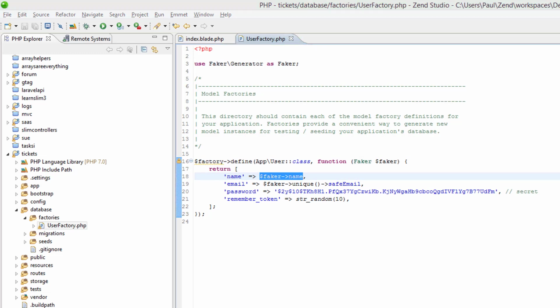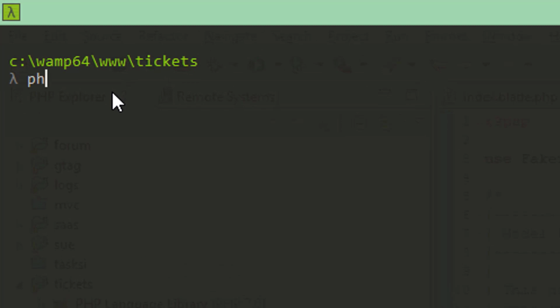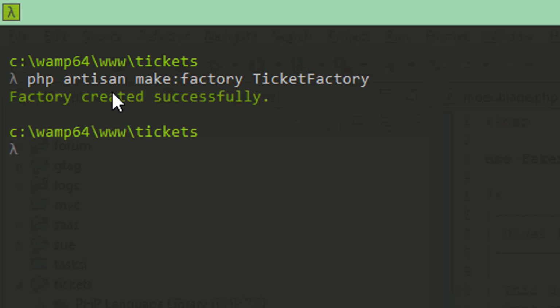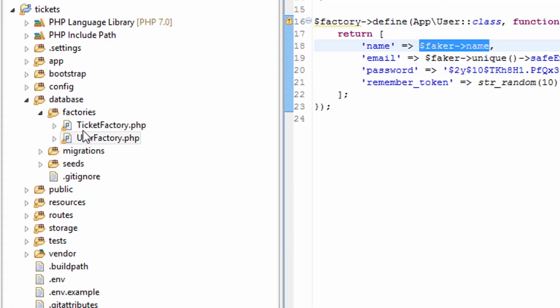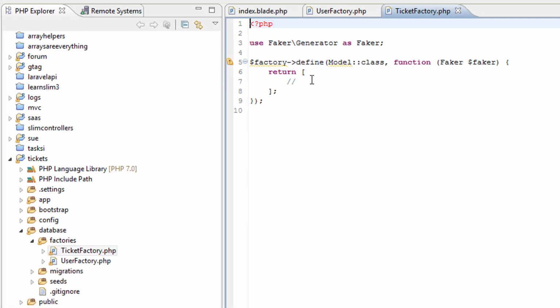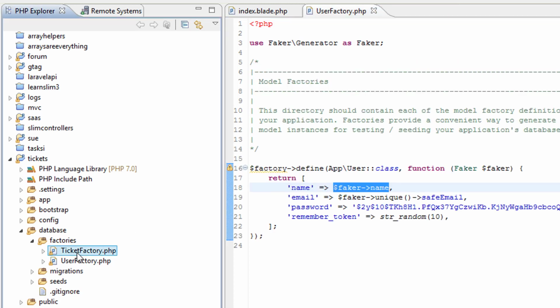We can use the command line to generate a factory like this. And we need ticket data, so I'll call it a ticket factory. And if we go back to the project, we can see ticket factory here. Now, the downside of doing it this way is that you've got to detail each field's, each column's test data yourself. So what I'm going to do is I'll just delete this,